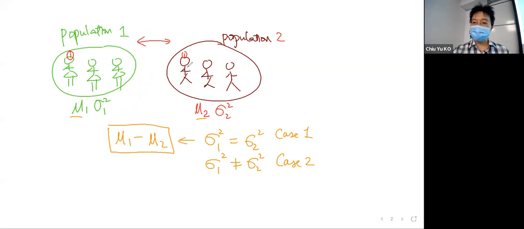And similarly, girl number 2 has a boyfriend, boy number 2. And similarly, we have girl number 3, who has a boyfriend, boy number 3. Which means that each one from population 1 has a pair, one and only one in population 2. So in this case, what you care about